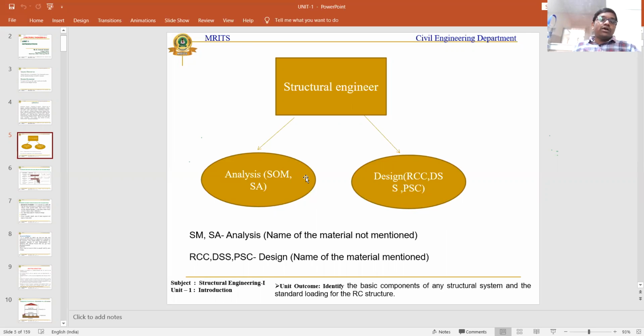Okay, so what are the errors that we are getting in the analysis part that we can rectify in the analysis stage only? We can't rectify them in the design part. Once we adopt it, that is called the final stage, so that's what we are going to adopt in the field. So in the analysis part we can rectify the errors.